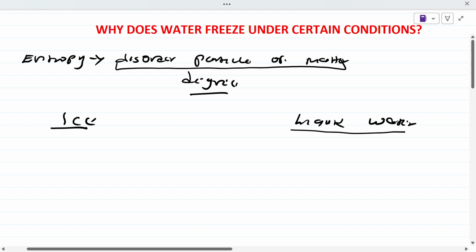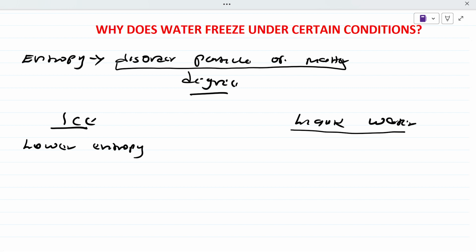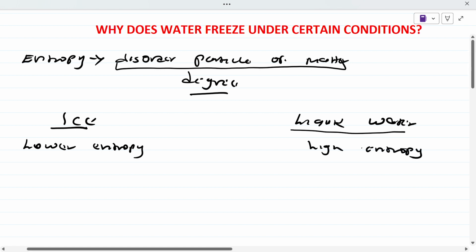The first thing that we all agree on here is that, sorry, ice has a lower entropy and liquid water has a higher entropy compared to ice. But since the conversion of liquid water to ice is exothermic,